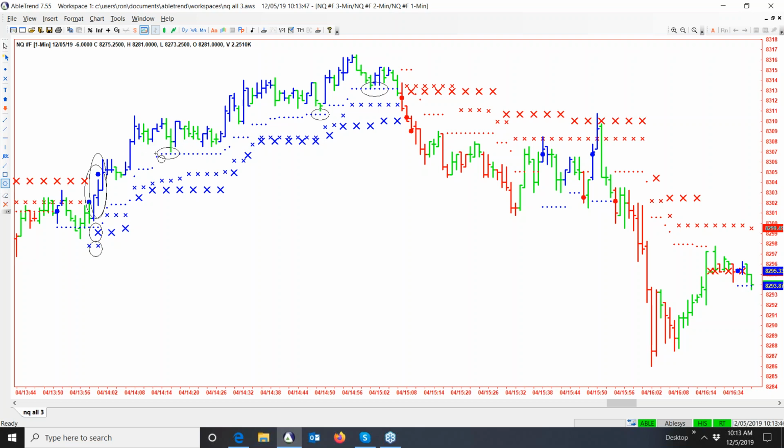So we just ride it as long as we've got these blue dots below. It basically means stay in the trade. You're safe. And we ride it all the way up. We put the stop loss because that's so important to keep our losses small. And again, as I've said a couple of times, there will be losing trades, but nobody ever gets beat up if you follow these simple trading rules and use the trading signals and stops.